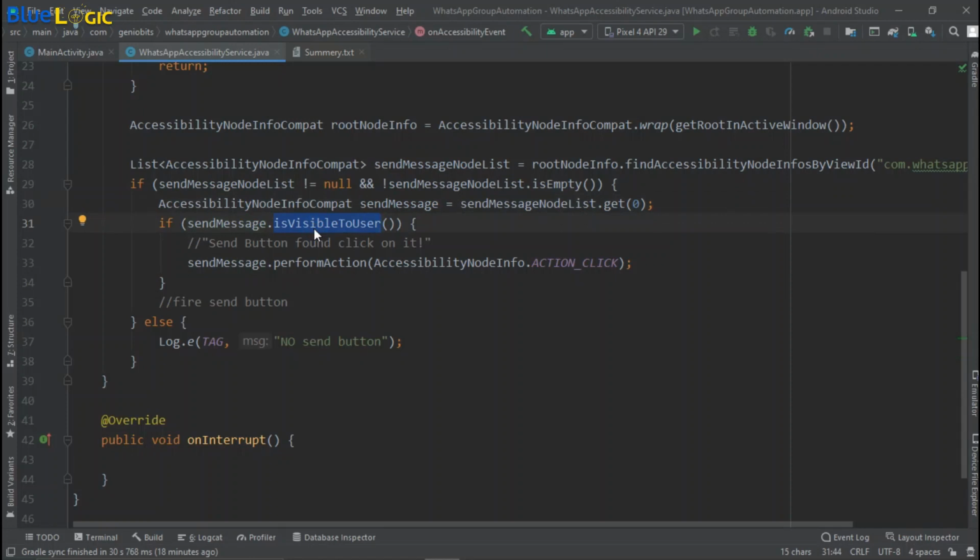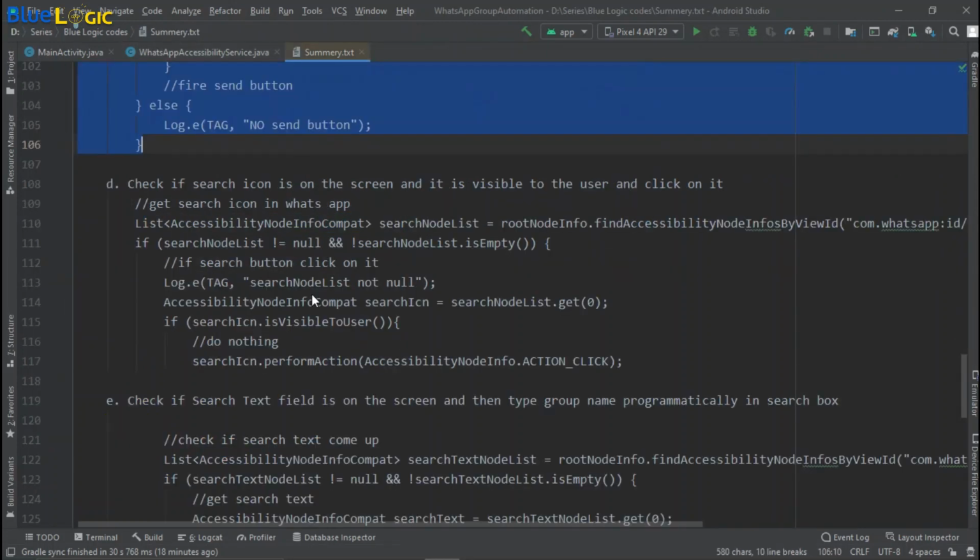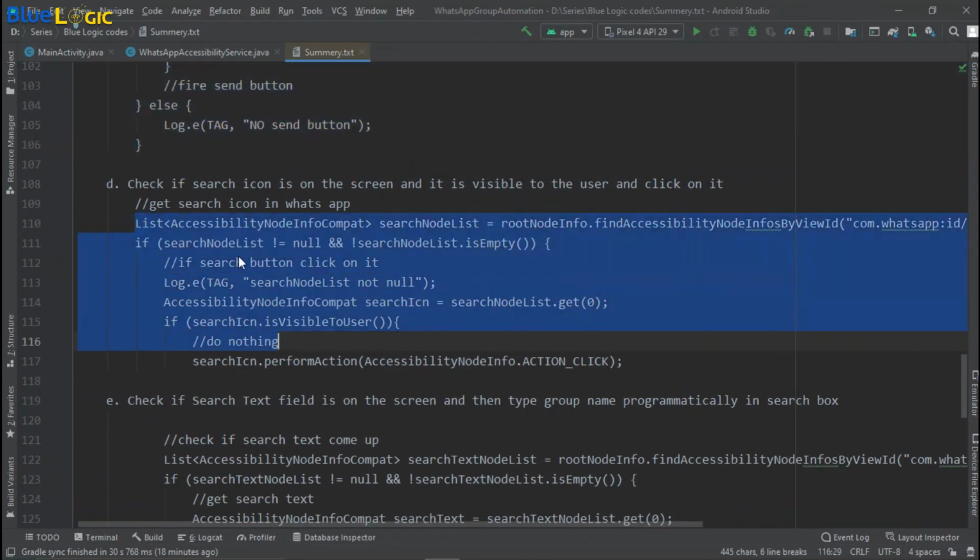If it is visible to the user, then I just clicked on it using action click. That's what I did.